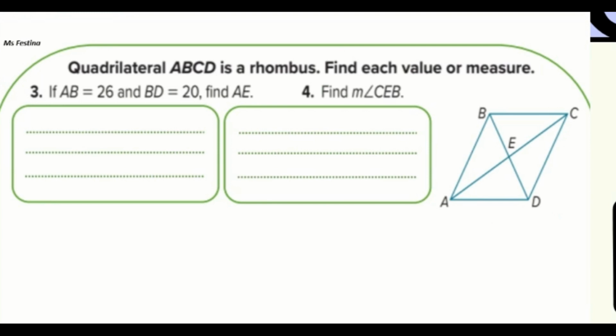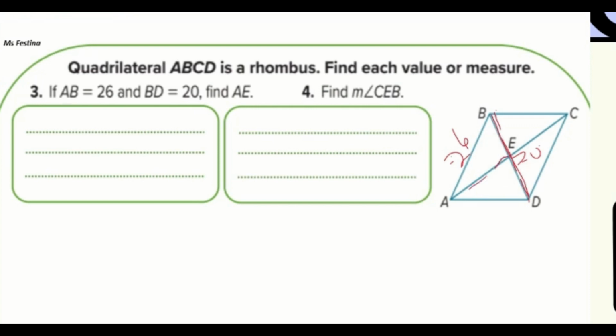So we are still working with properties of shapes, but now we have to look at properties of a rhombus. We are firstly told that this quadrilateral is a rhombus, so we need to find each value or measure. So AB is here, it equals 26, and BD is this whole length here, so it equals 20. We need to find